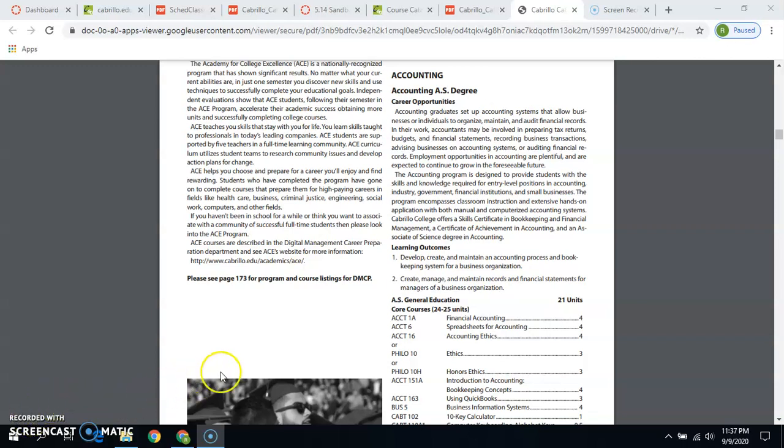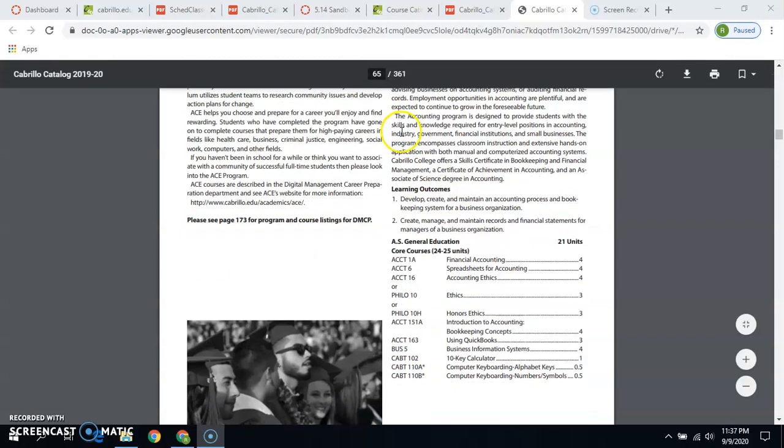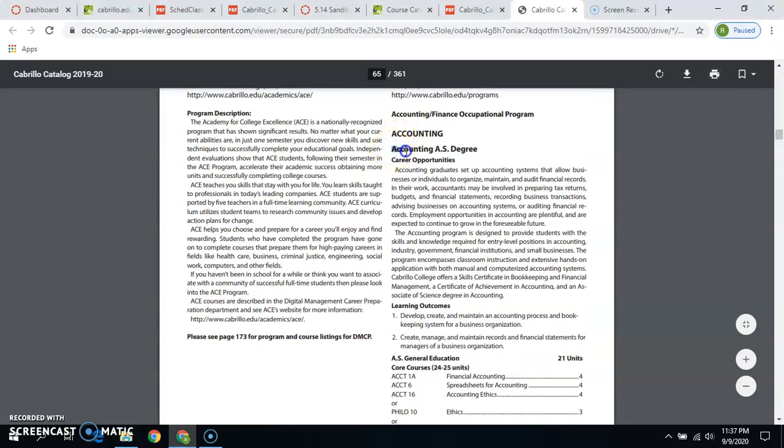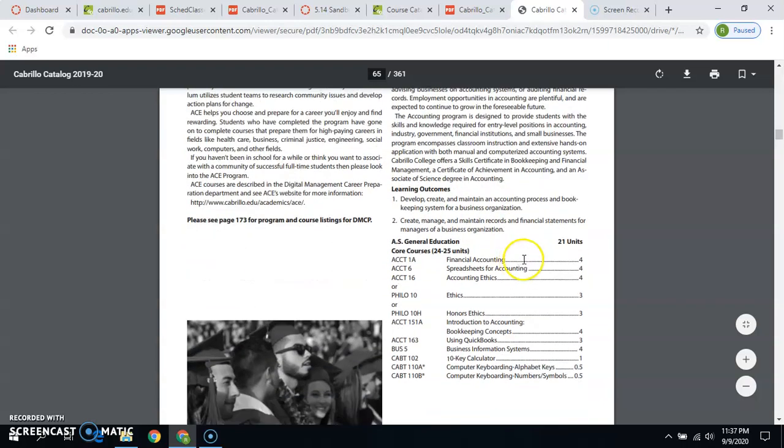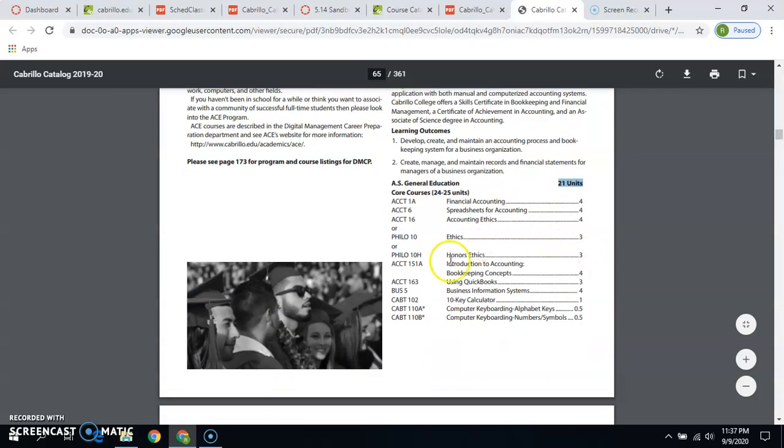Today I'm going to be talking to you about the requirements and what it takes to graduate with a degree or certificate from Cabrillo. As an example, today I'm going to be using accounting. Accounting at Cabrillo happens to be an Associate of Science, so for short, we refer to it as an AS in accounting. The degree requires 21 units of general education, and it also requires 24 to 25 units of core courses, which